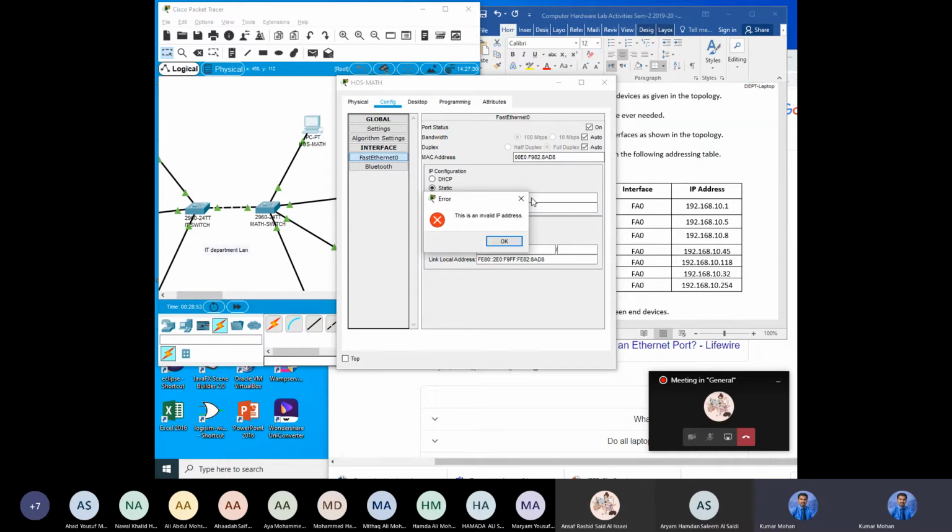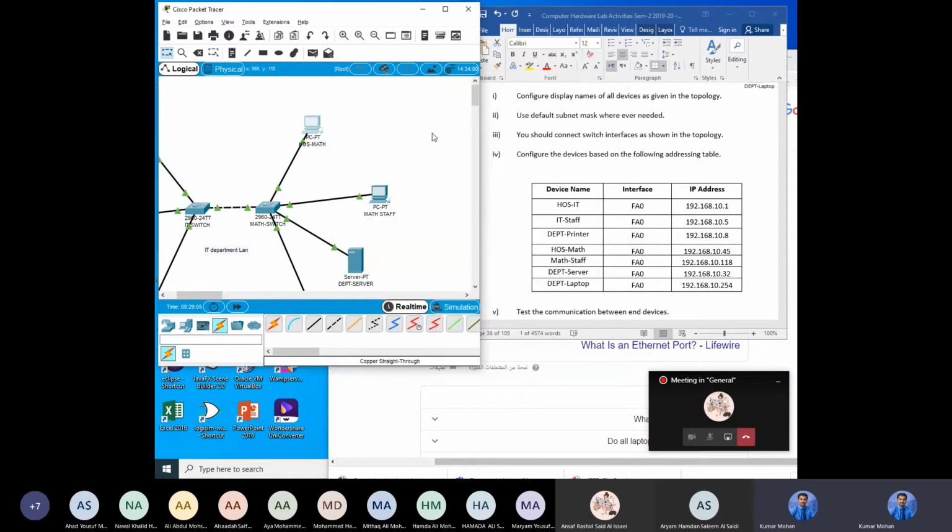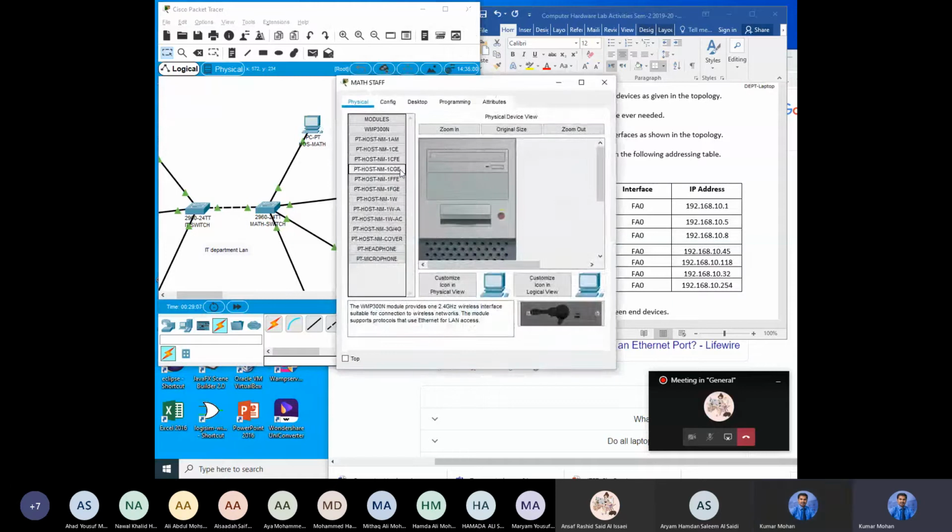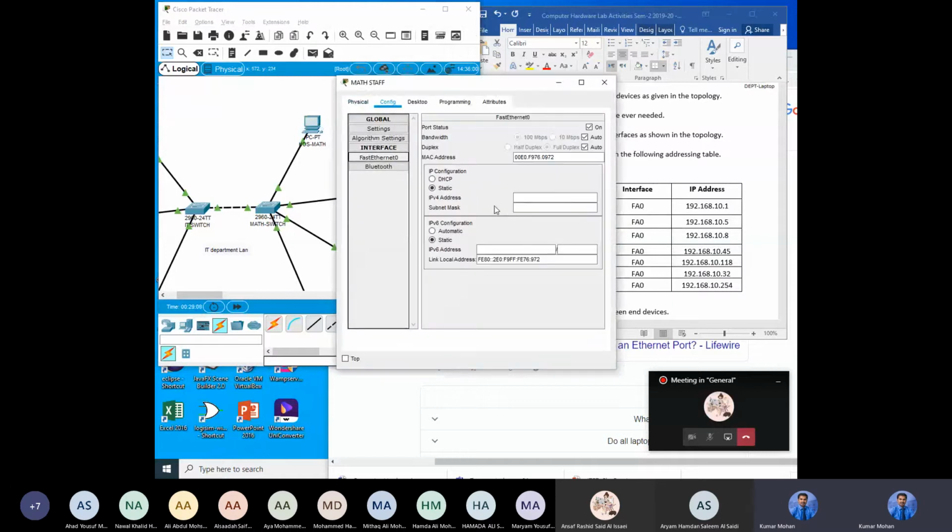192.168.10, what happened? What happened? 192.168.10.45. Maybe I did something. Okay. So next one is go to config, go to FastEthernet0,